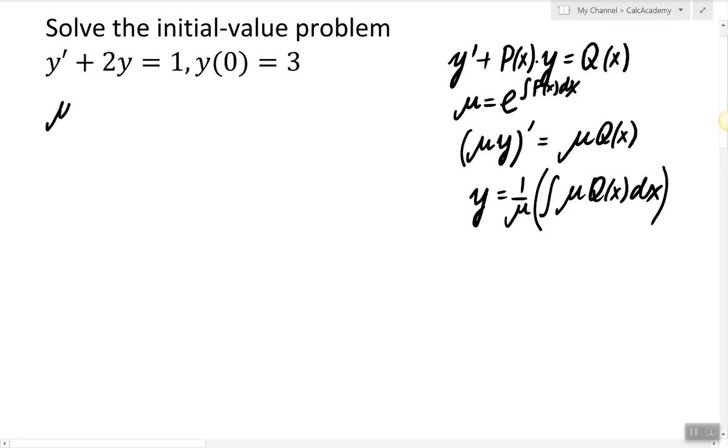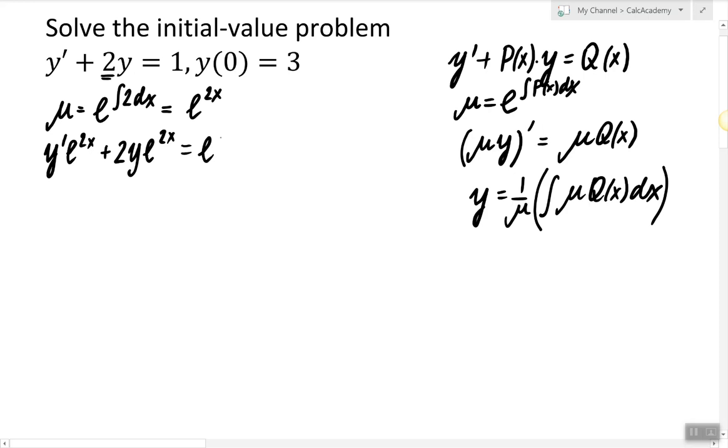First, find the integrating factor. It's going to be e to the power integral of 2 dx, because 2 is the coefficient of y. Integral of 2 is 2x, so our integrating factor is e to the power 2x. Multiplying everything by e to the power 2x gives us the following equation,